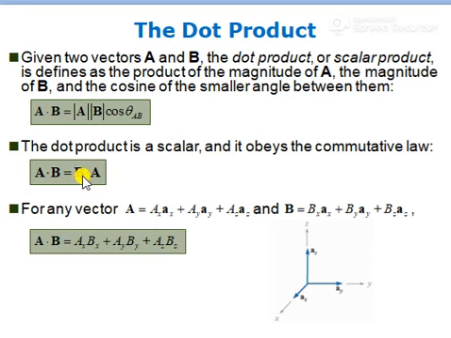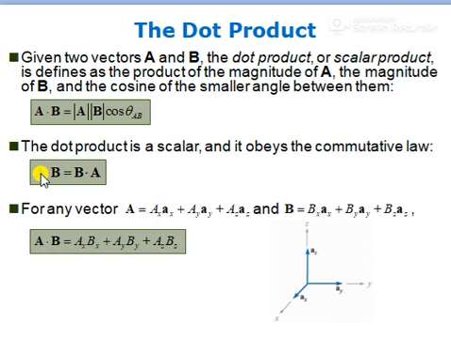A dot B can be equal to magnitude of A into magnitude of B when we have parallel vectors. At that time theta will be 0, so cos of 0 is 1. That is the next property. Third property is, if both vectors are perpendicular to each other, then theta will be 90, so cos 90 will be 0, then vector A dot vector B will be equal to 0. It's the third property.